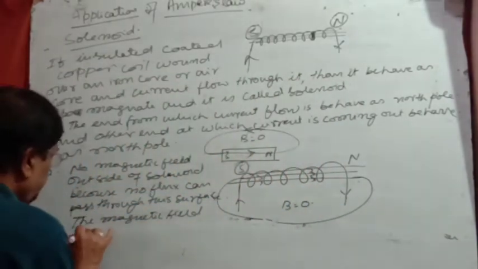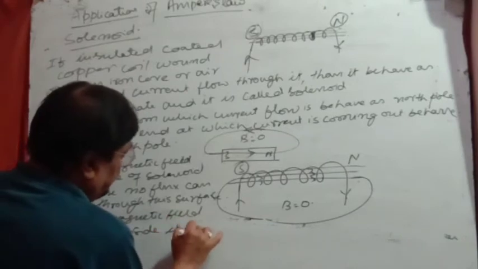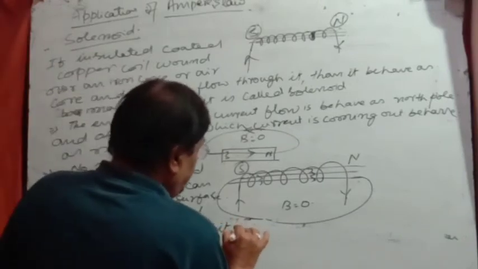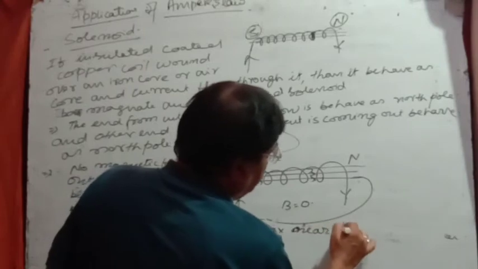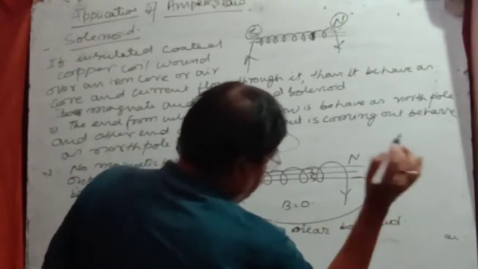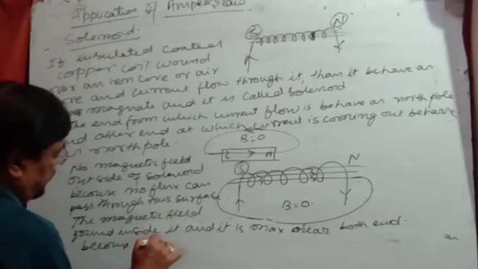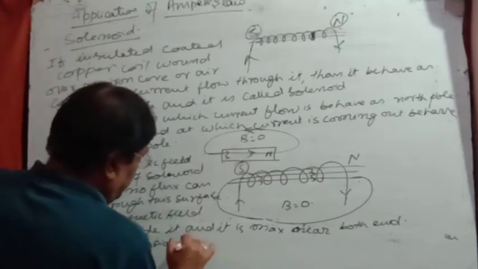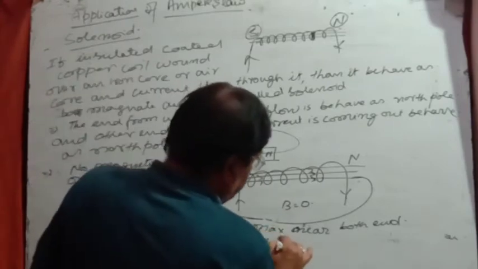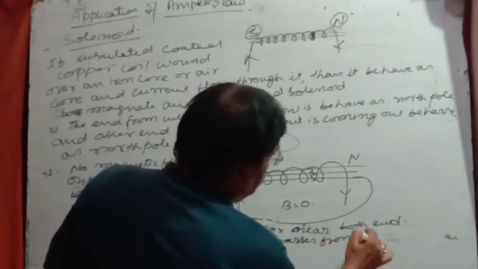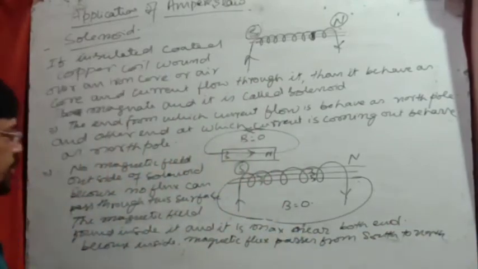मैग्नेटिक फील्ड फाउंड inside the solenoid, inside it, and it is maximum near both ends. ठीक है, because inside the magnetic lines, magnetic flux passes from south to north. Okay, so these are the important points for